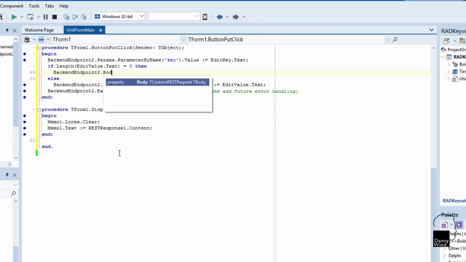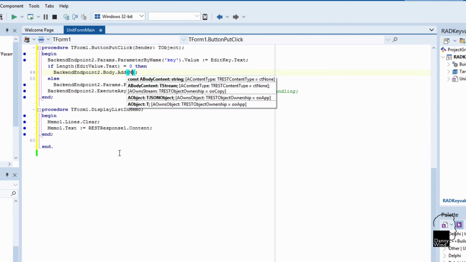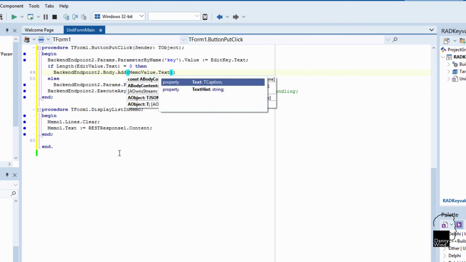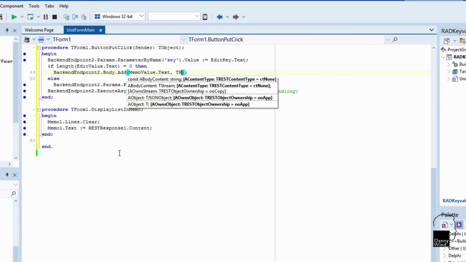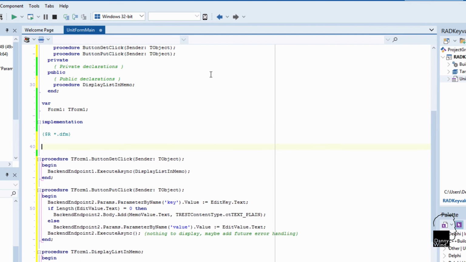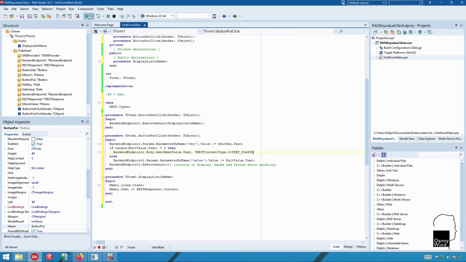Okay, so we're going to do the BackEndPoint here. What I did in the RAD server, if I detect a value with the text body, it will parse the body of the HTTP request instead of using the parameter. And if it's not body, it will just put the value that's passed in the URL request into the dictionary. So this is a text plain. The REST content types are actually in rest.types. So you can view the additional types there as well if you want to. It's just for